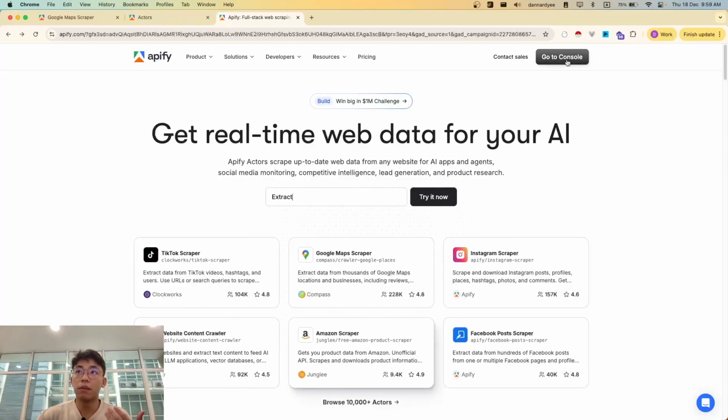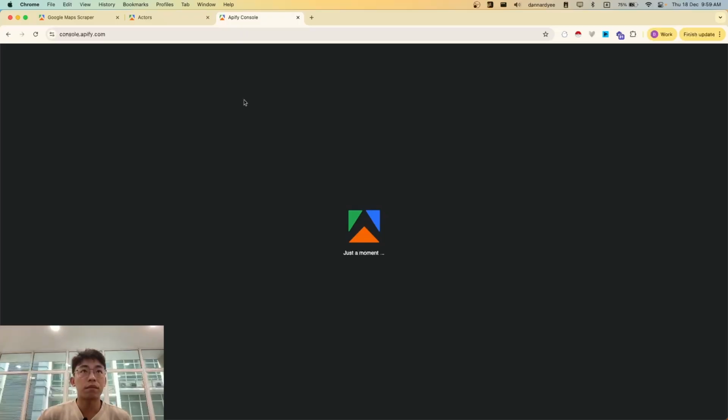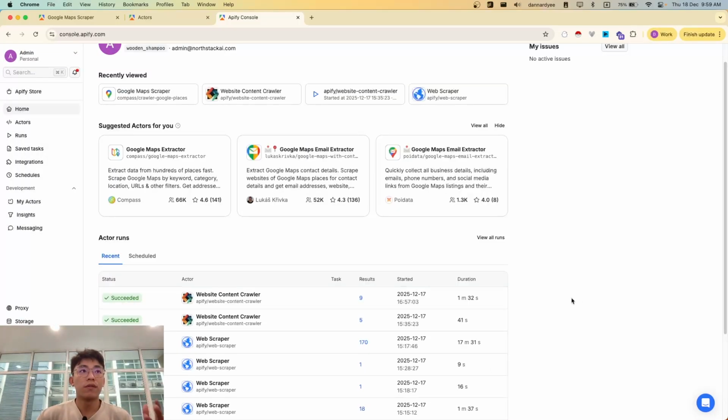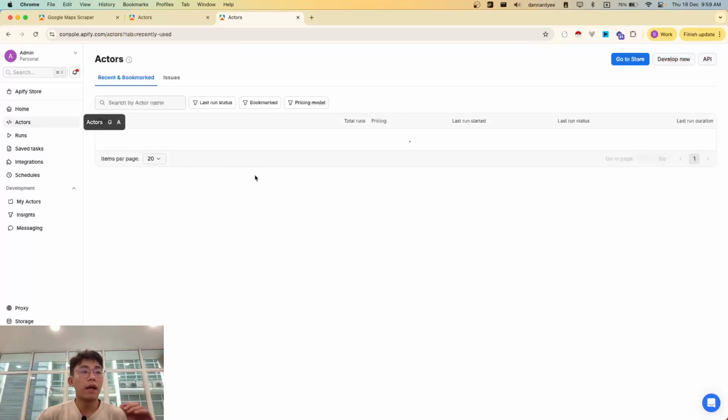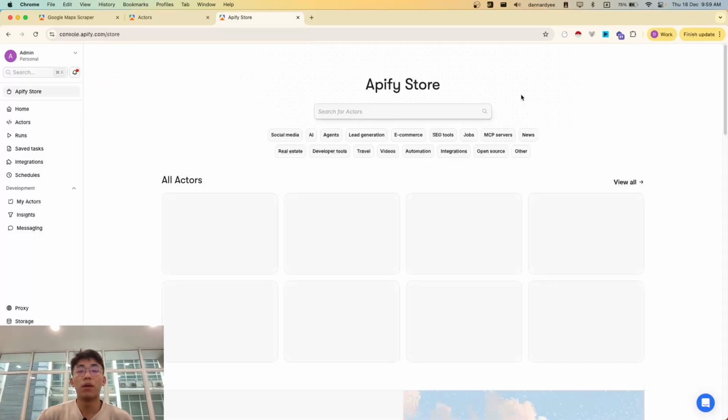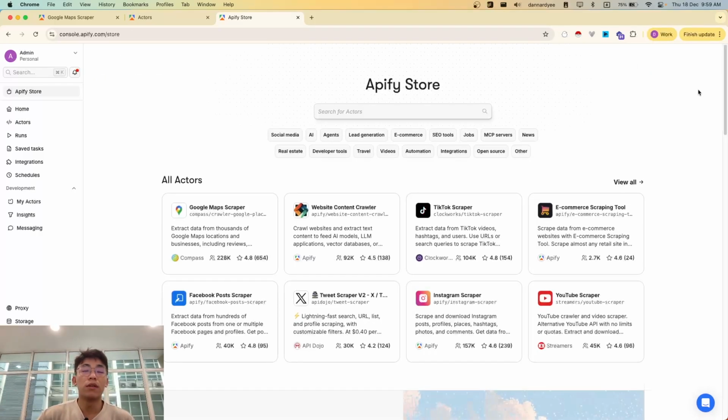So this all may seem a bit daunting. First, you can just go to console and create an account. It can seem a little bit daunting for non-technical people, because you can see all these actor runs and you don't really know what they mean. But actors in general just means web scrapers, the bots. So you can just head over to the Apify store and select the actors that you